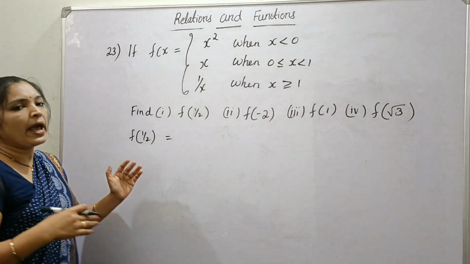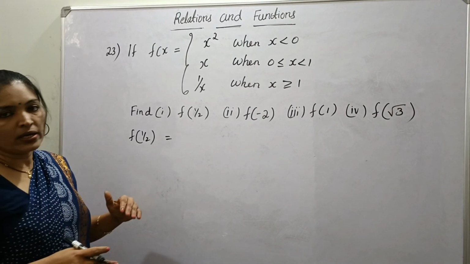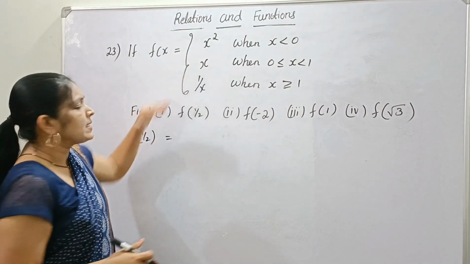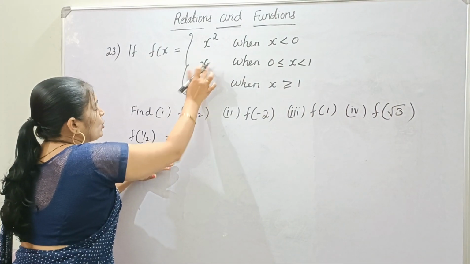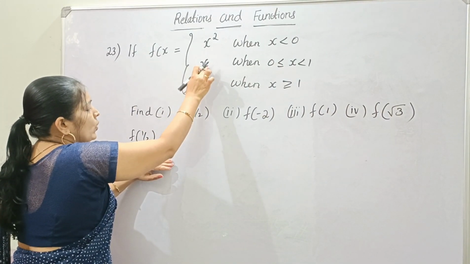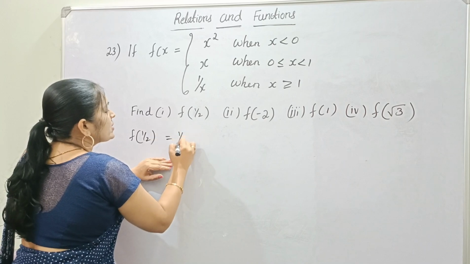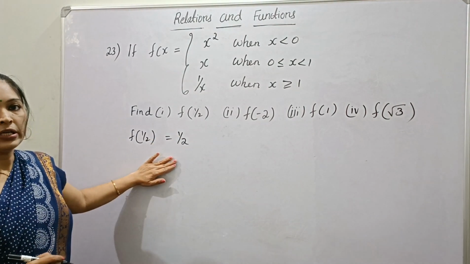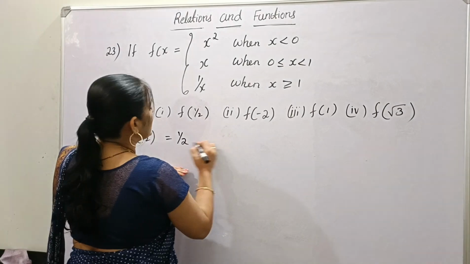It is greater than 0 and less than 1. Therefore, the function is x. So here, substitute the value. f of x is x, okay? So f of 1 by 2 is 1 by 2 itself. Okay? Then next,